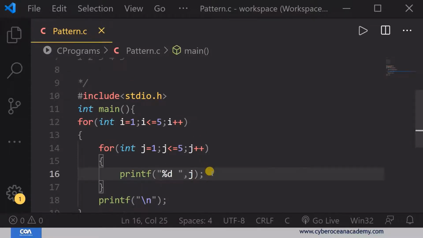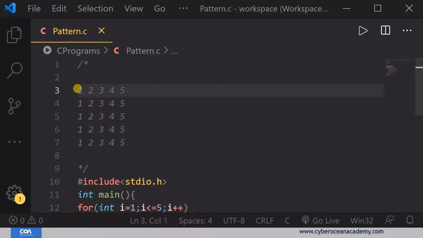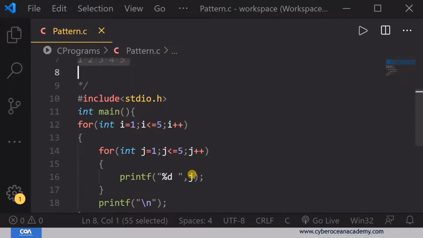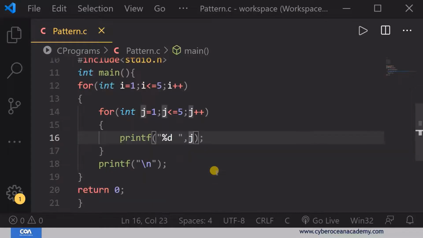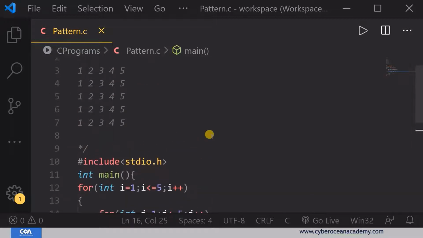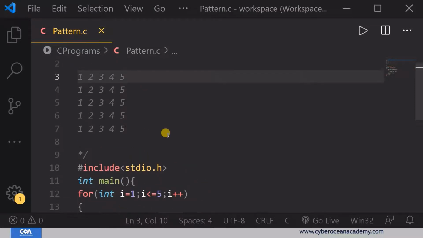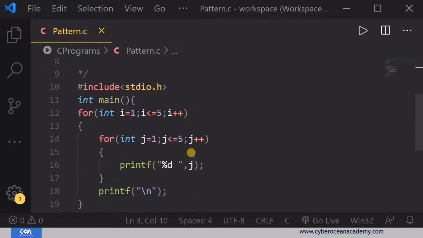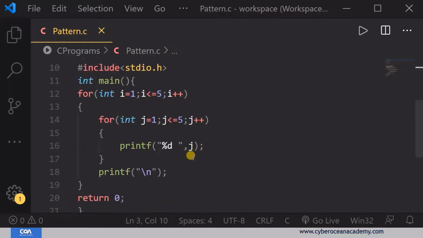Okay guys, now you have learned one kind of pattern problem. If you print here i + j - 1, then you will get different kind of values. You can write the program on your own and see the result. From now on I'm going to tell you about different shapes of patterns, and you can try with your own and print different values, because the value is controlled by this printf statement, but the shape is controlled by this conditional statement.